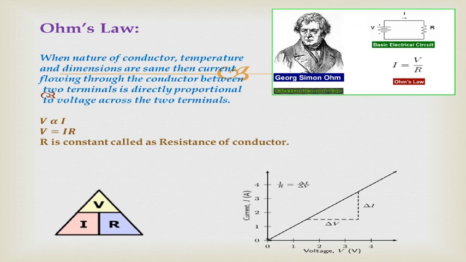So in practice, if you are interested in finding the resistance of a conductor or the resistance of a diode, we need to record the current passing through the component with respect to the voltage across it, plot the graph, and take the reciprocal of the slope, and we will get the resistance.